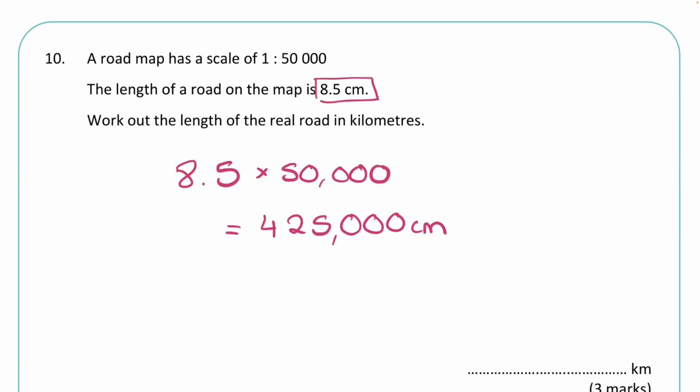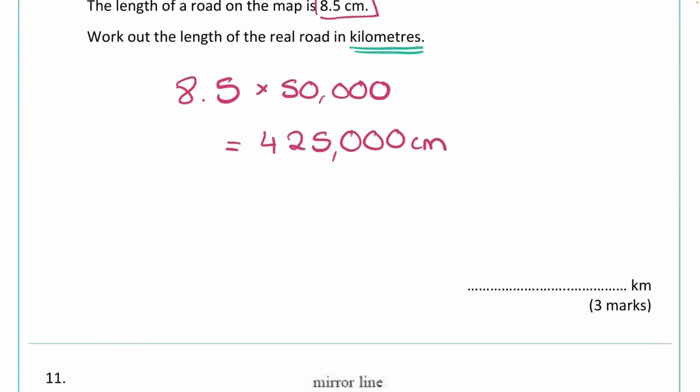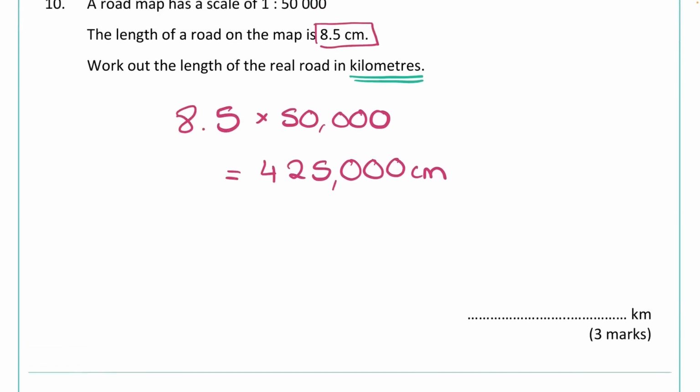Because the next part of the question says to work out the length of the real road in kilometres. So to get from centimetres to kilometres, I would tend to do that in 2 steps. I would first jump down to metres. Now to get to metres, there are 100 centimetres in every metre, so we would need to divide by 100. If we divide by 100, we can do it on the calculator, but that's just going to cancel off 2 of these zeros. So that's